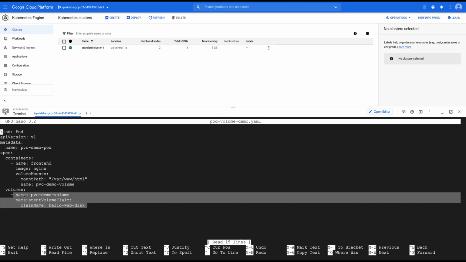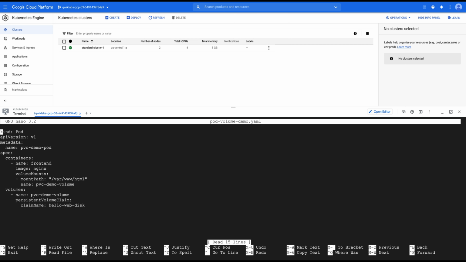So what I'm writing here is that this is pvc-demo-volume, and this is the claim name. And if you remember, previously when we created the metadata, we gave this name, and this is how it's going to ask for this claim when the pod is created, right? So let's go out,